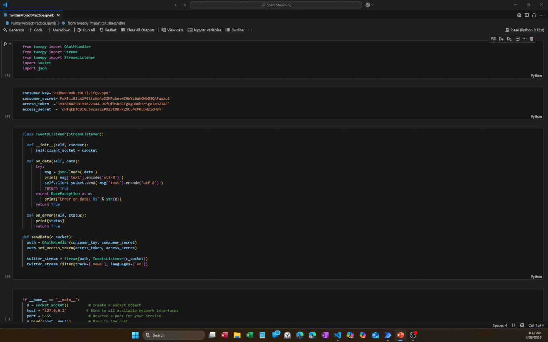Now let's get started. The first step is to import the required libraries. What do you think the required libraries are for this project? Think about it for a few seconds. We need tweepy, socket, and JSON. So let's do that. Let's do tweepy,